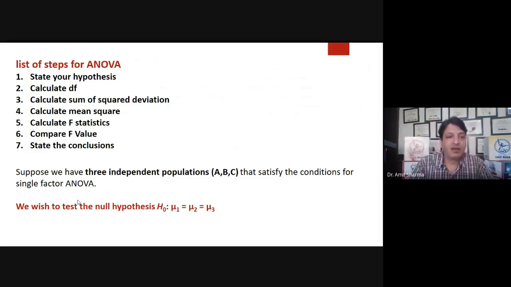Now suppose we have 3 independent populations. As I told you, we have 30 students in our class, and we have divided all those 30 students into groups of 10, 10, 10 each, and we want to find out which method of teaching is best. So group A, we are going to teach through Blackboard.